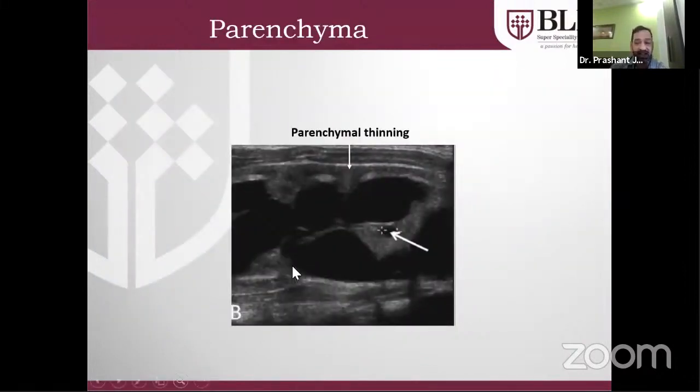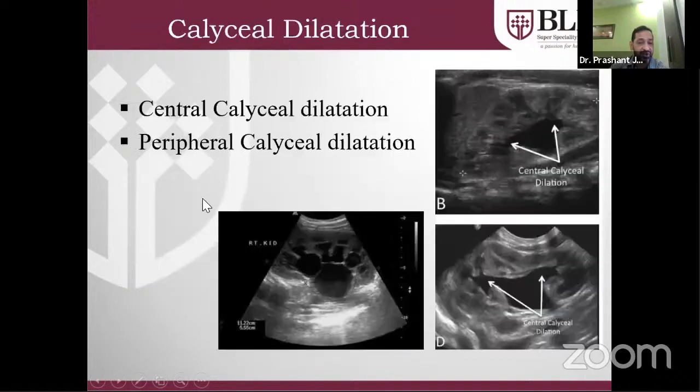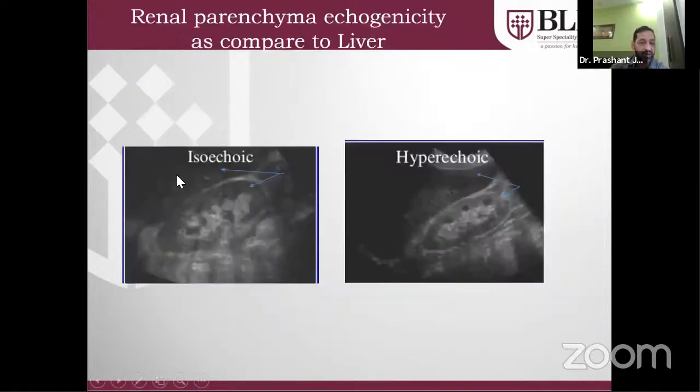Now, I would like to show pictures of some antenatal scan findings. As you can see, this kidney is hydronephrotic, showing dilatation of the pelvis and calyceal dilatation. There's parenchymal thinning, and also the presence of cortical cysts. You can always compare the parenchyma with the opposite normal kidney while doing the ultrasound scan. If you observe this ultrasound image, here you can see that the renal parenchymal echogenicity is almost similar to the echogenicity of the liver. So it is isoechoic to the liver, but here the kidney appears brighter as compared to the liver. So this is a hyperechoic kidney.